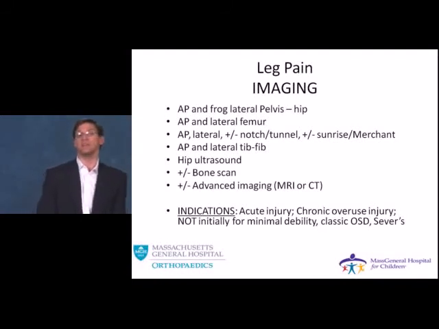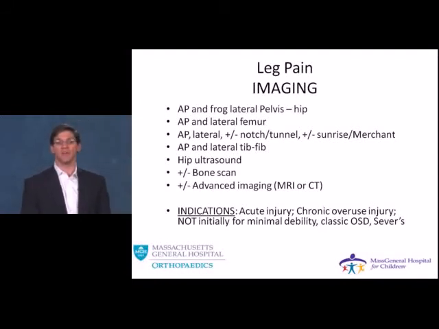Many things can lead to increased bone turnover. And then finally, you can consider advanced imaging in the form of an MRI or a CT scan. When to image is a question that we commonly get. Indications would be an acute injury or a chronic overuse. What defines chronic? That is a personal choice, but really any consistent pain that's greater than 6 months should be